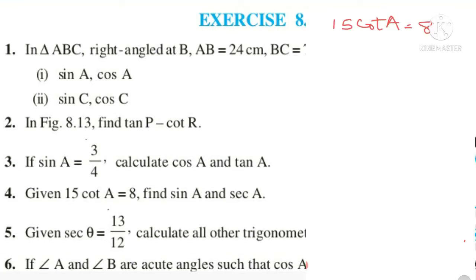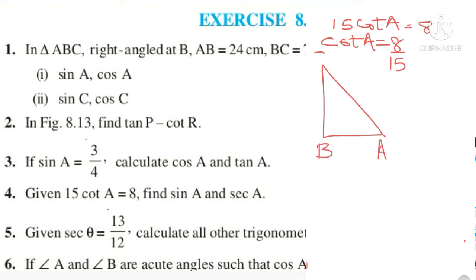In question number 4, we have 15 cot A is equal to 8. So this gives me cot A is equal to 8 by 15. Let us consider a right angled triangle. A has to be kept on the corner, not at the right angle, mind it. B and C you may take anywhere. Now let us write down the formula for cot. Cot is the reciprocal of tangent, and tangent is proper brush. So let us write it in reverse order, base by perpendicular. Again our base is 8K and we have to use K factor because it is the ratio, not the centimeter. And our perpendicular is 15K.